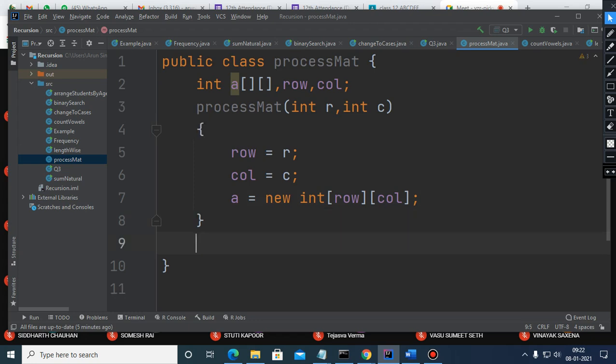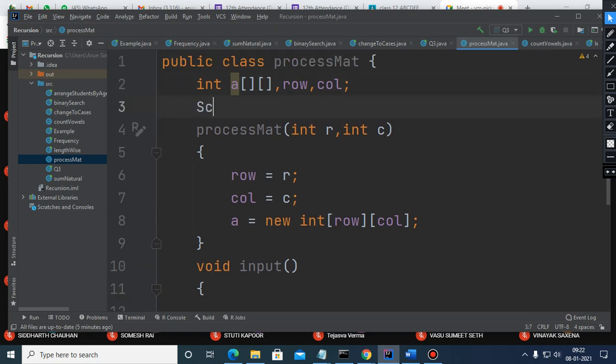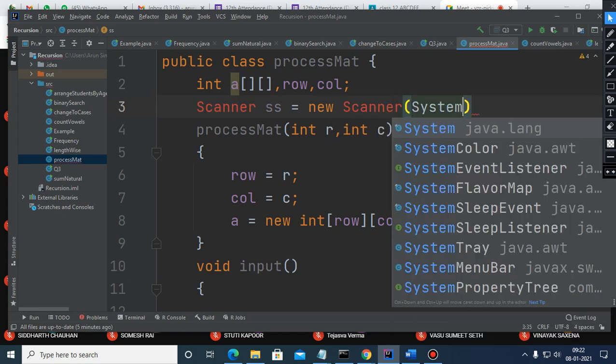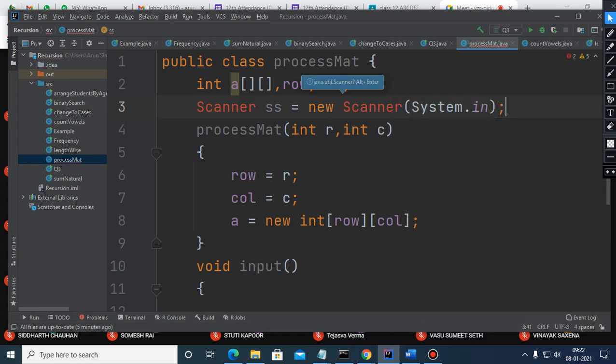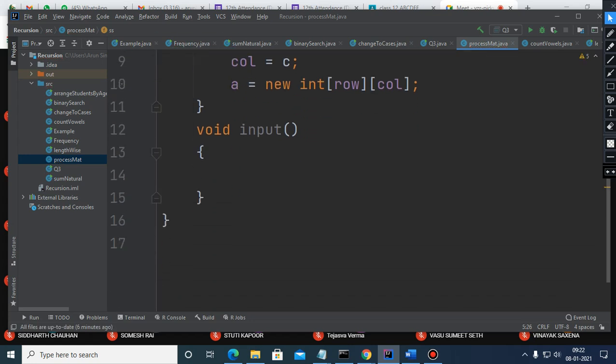And after that, you can easily just write the input function. I hope everybody has written it correctly. You need to define this Scanner class here. You need to define it here only. Do not define the Scanner class within the input function or main method. Void display, I'm not going to write this whole.